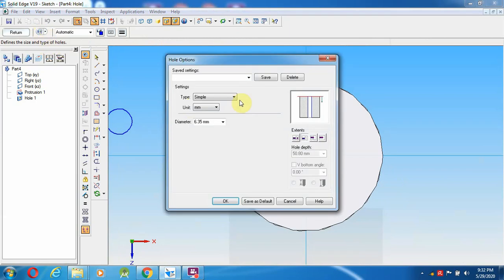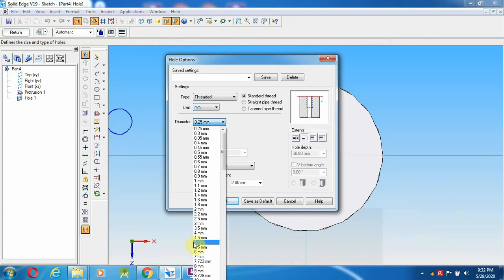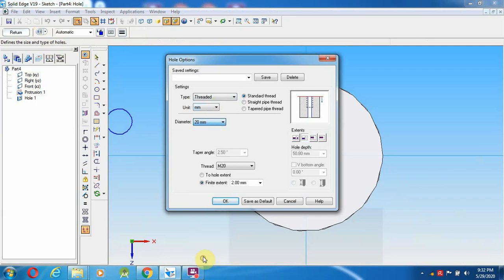change the hole parameter, go to threaded hole. The diameter provided on the drawing is 20 mm. It is the standard thread, and up to the whole extent the threading has to come over there.